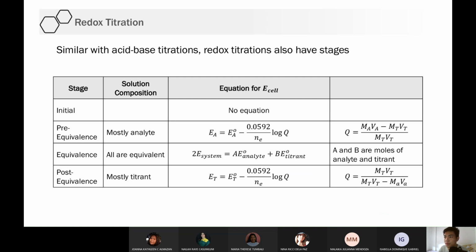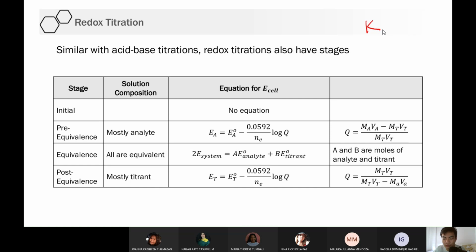Okay? So, ang initial, ito compared to acid base, no? 'Di ba may equation tayo for initial? But for redox, we cannot solve for the initial. Hindi ka talaga makakuha ng initial answer. Okay. Bakit? Ano yung possible reason dito? Yung equilibrium constant. Okay. So possible na ang problema dito is the equilibrium constant, no.